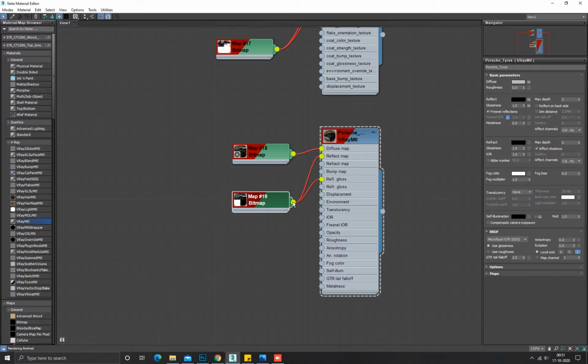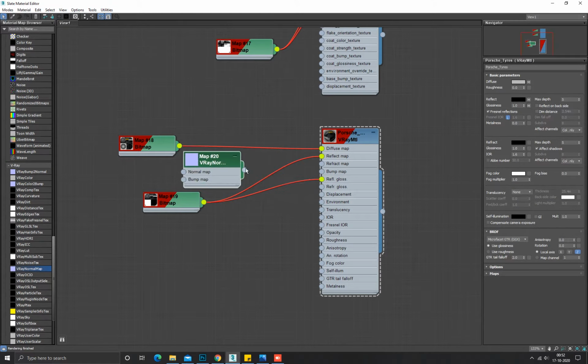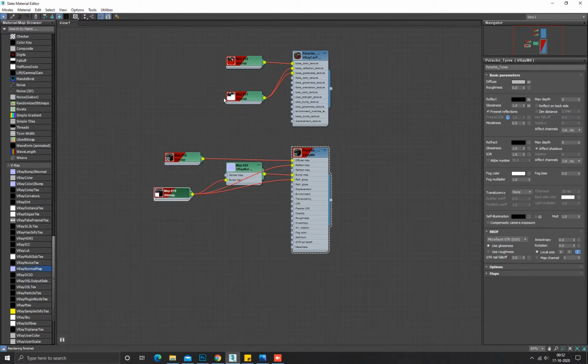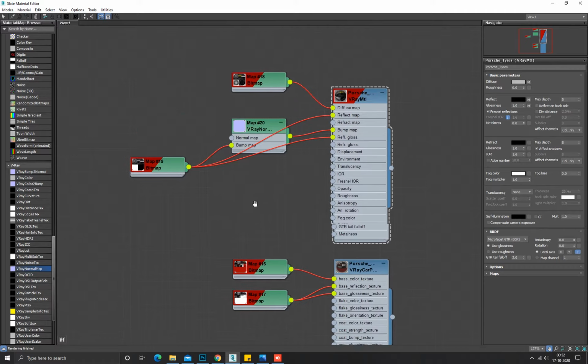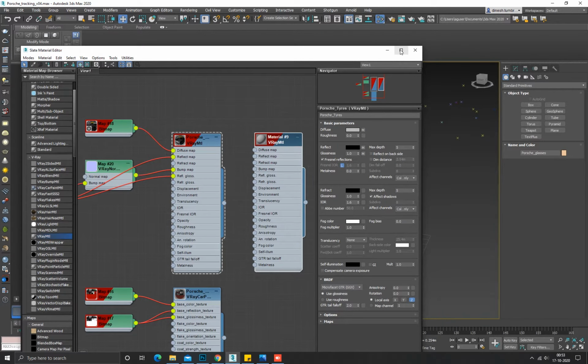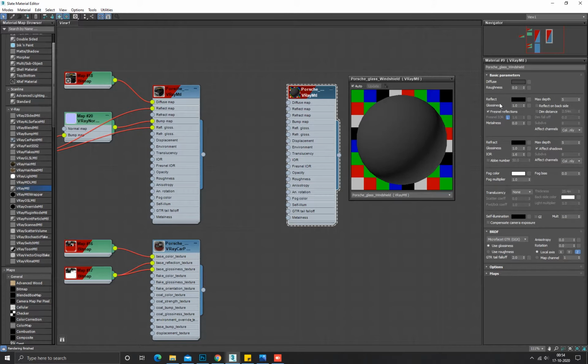For the bumpiness of the tires, we will take a V-Ray normal map and plug in the grayscale map to the V-Ray normal map, and then we'll connect the same to the bump map of the V-Ray material. Now we will take a new V-Ray material for the windshield and for the front headlamp cover. You can take both materials different for your preference and simply make it transparent by making refraction pure white.